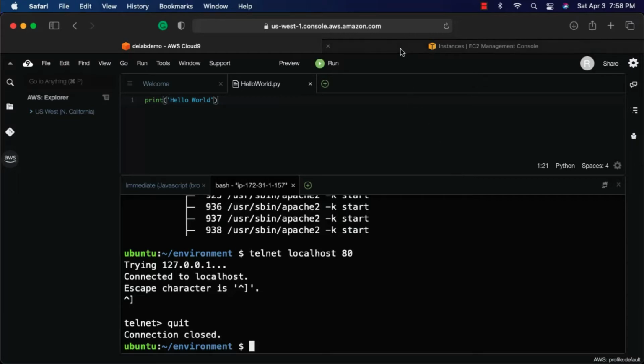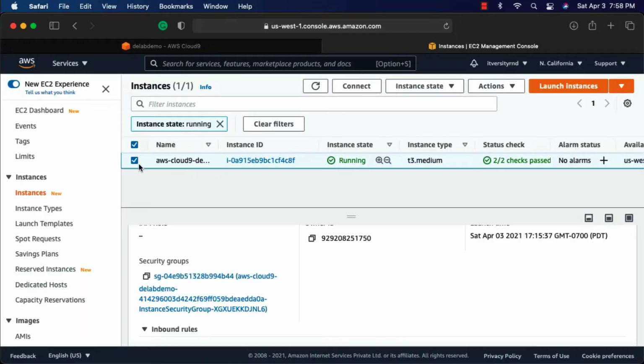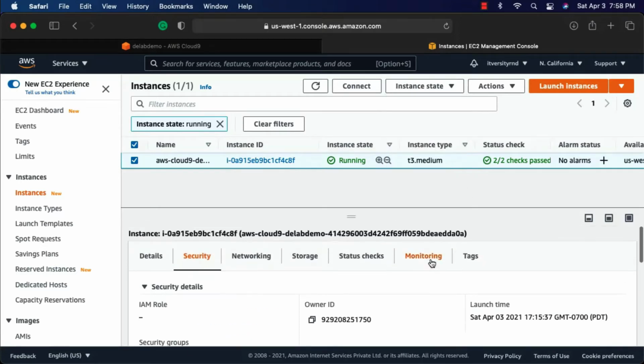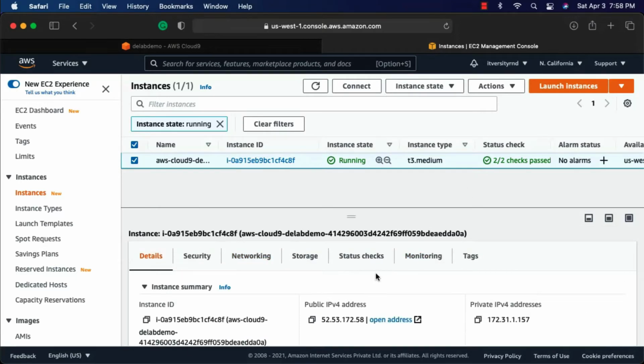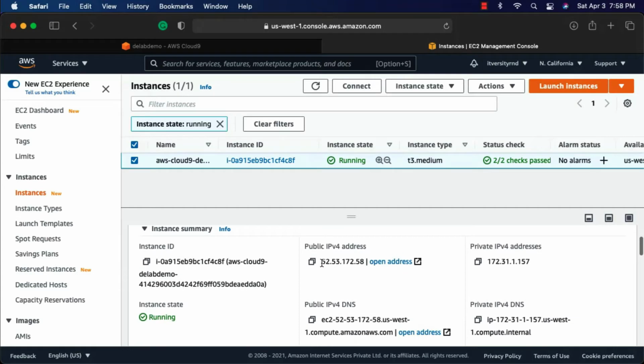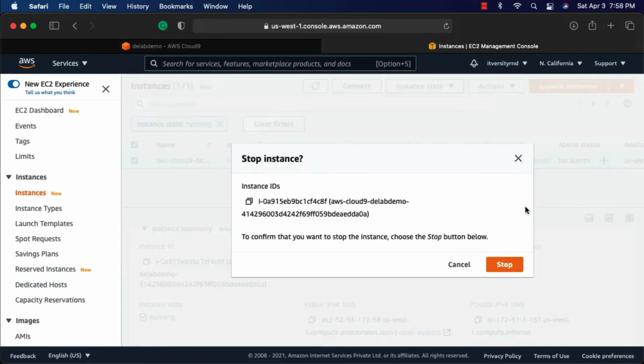For example, in this case, if I go to the instances here, if I choose the EC2 instance related to the Cloud9 instance and then go to instance state and then say stop instance, before clicking on the stop instance, let's review the existing public IP address and DNS. This is the public IP address and this is the DNS. DNS is derived from the IP address itself. Now let me stop this.